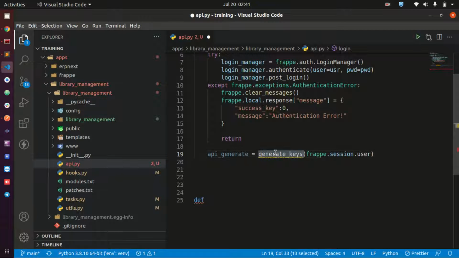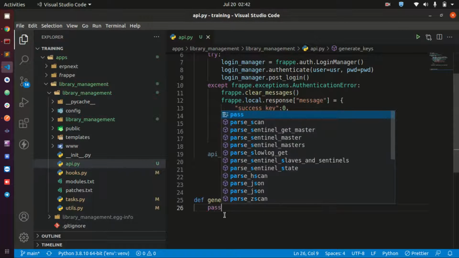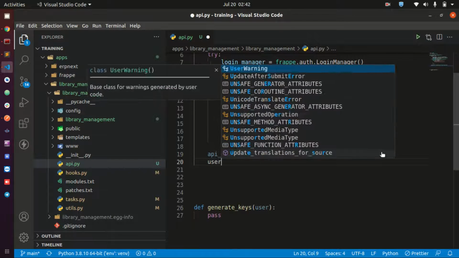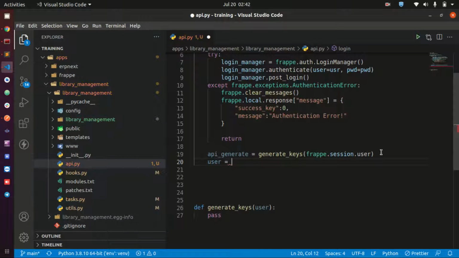this function. So let me copy this function, put the function here, and call the function, and then remember it is supposed to take a user here. Okay, so for now we can just say pass to satisfy Python, and this also is now not complaining. Now we are not done with this part yet. The next thing that you are supposed to do is user equals,